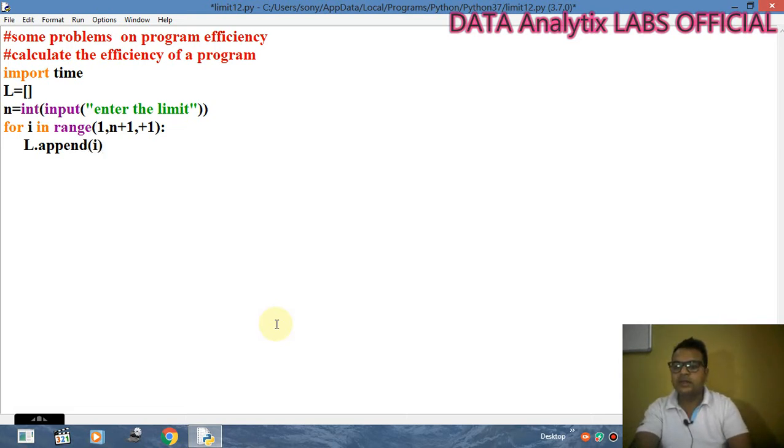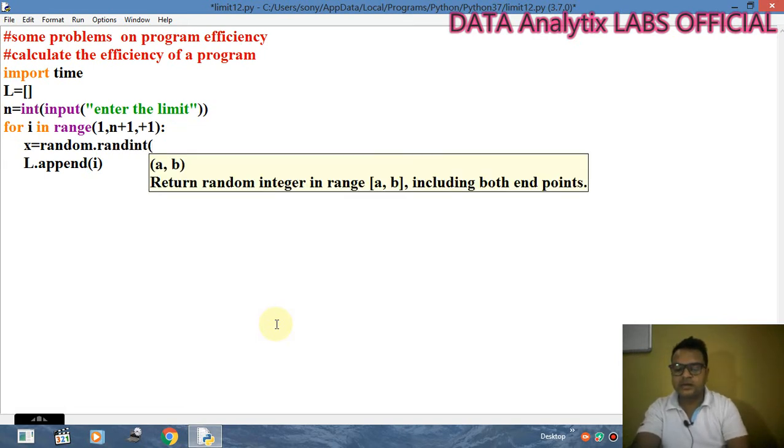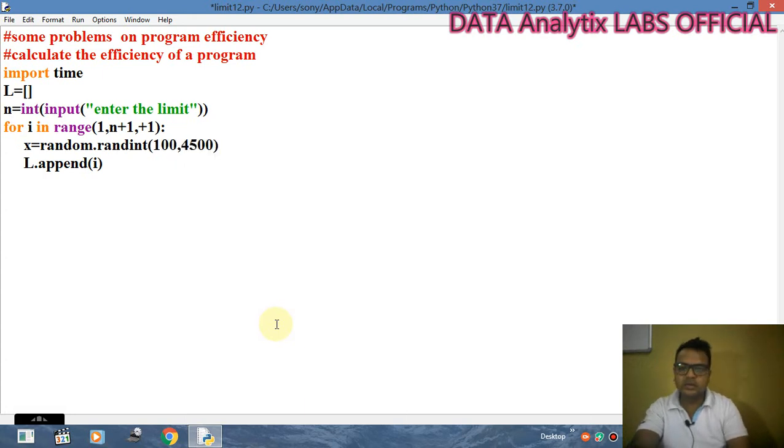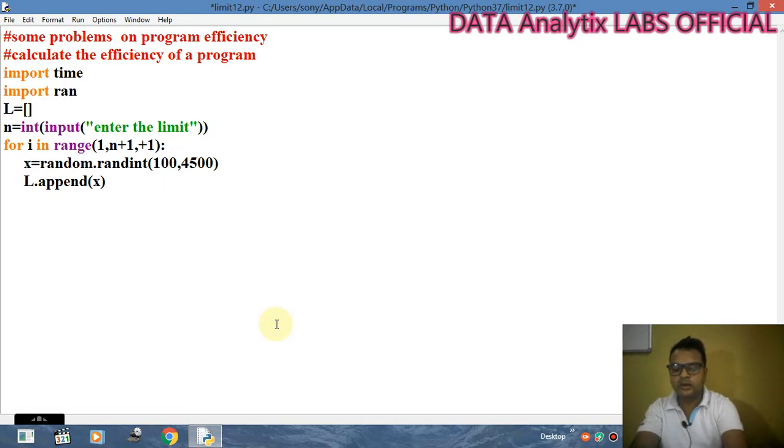और we can say one thing, हम एक random function का भी use कर सकते हैं, और random function एक value को assign कर देगा. We'll check this one. x equals random.randint, and then it will pass the value. My starting value will be what, that will be from 100, and then my final value will be 4500. ठीक है, तो इनके बीच के numbers को ये assign करेगा, and then we are going to append x. So that is my program, and yes, I have to import my random function.